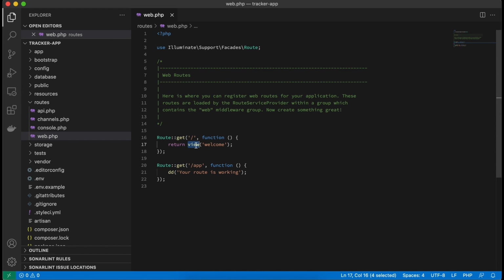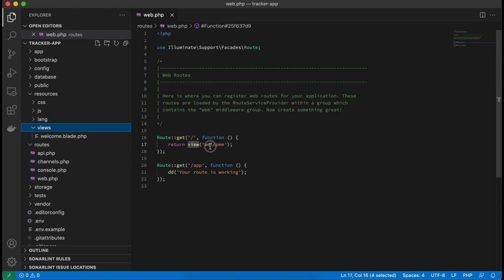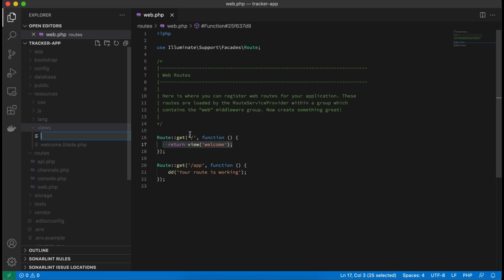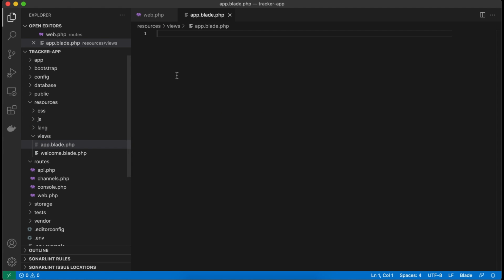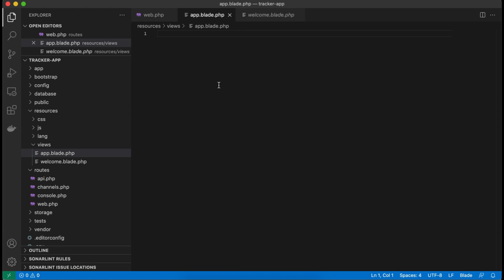Next thing, what I would like to do is bring the Google Map on this page and show it. But before that, I will obviously create a view. In order to create a view, I will go into the resources folder, views folder. As you can see here, there is welcome.blade, which is this one. It's being called on the main one. I am going to create a new one. I will call it, let's say, app.blade.php. And I will copy most of the part from the welcome file